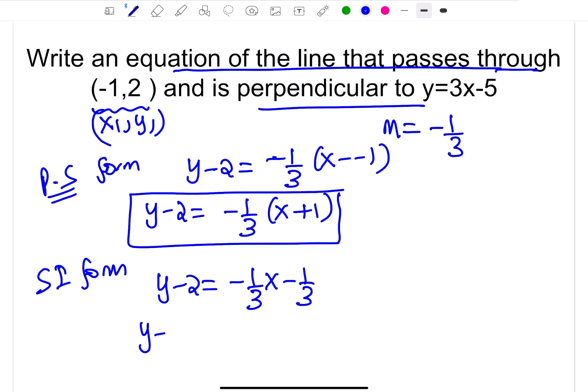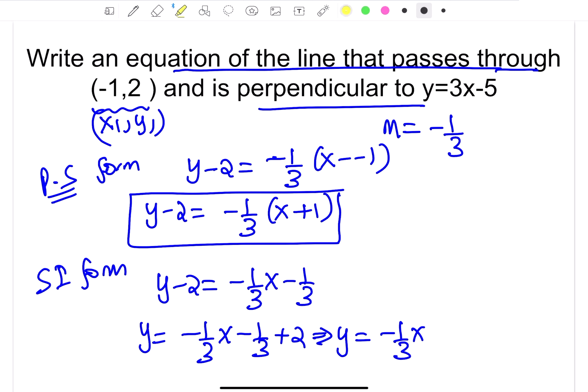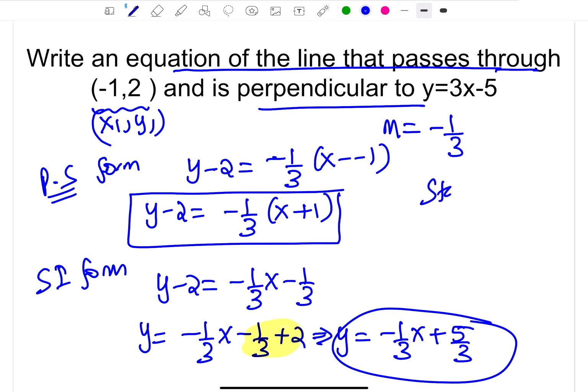I'll add 2 to both sides, which simplifies to negative 1/3 x, that'd be 6 minus 1, adding and subtracting these fractions, plus 5/3. Standard form,